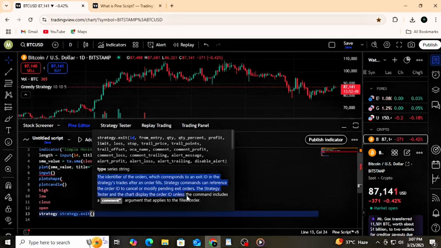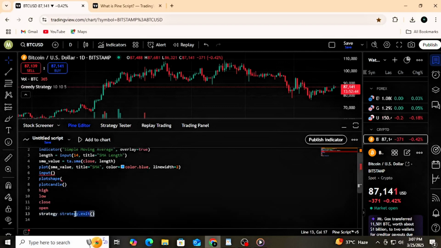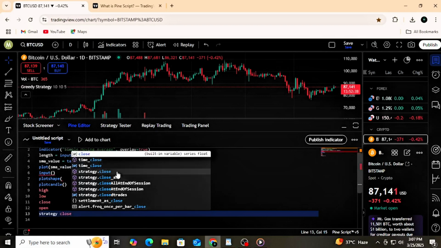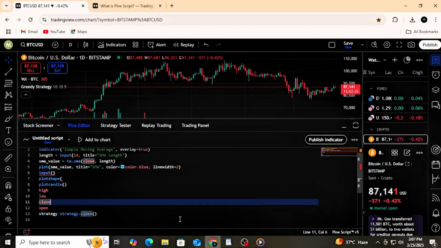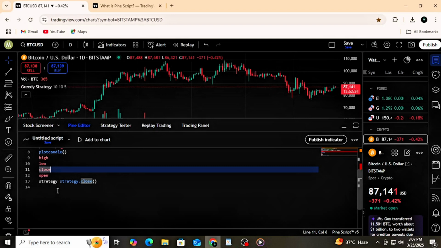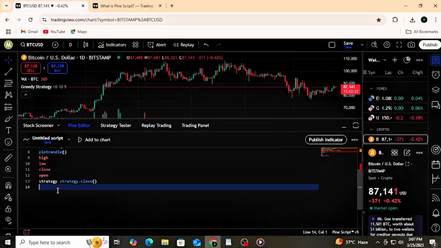Additionally, the strategy close function allows traders to close an open position based on specific conditions, offering greater control over trade management. By utilizing these strategy functions, traders can test different market approaches, optimize their trading performance, and evaluate historical data to refine their strategies. PineScript's ability to automate trade execution and backtest strategies makes it a valuable tool for traders looking to enhance their